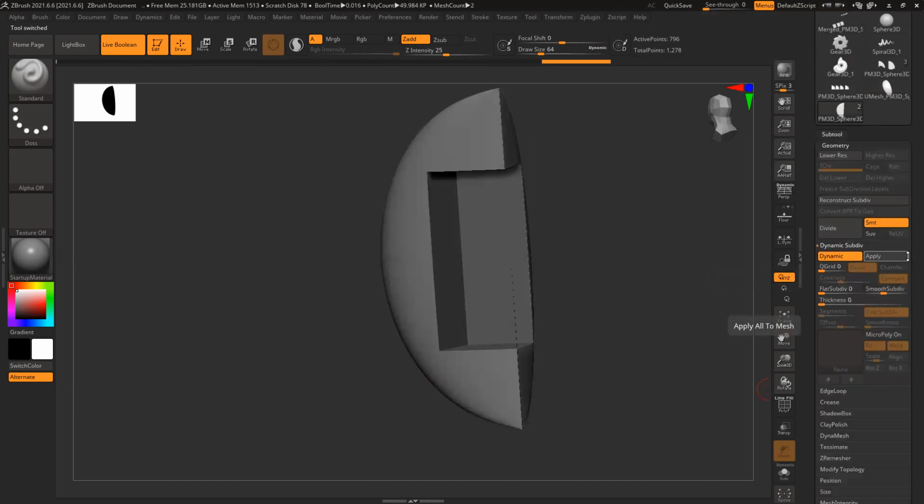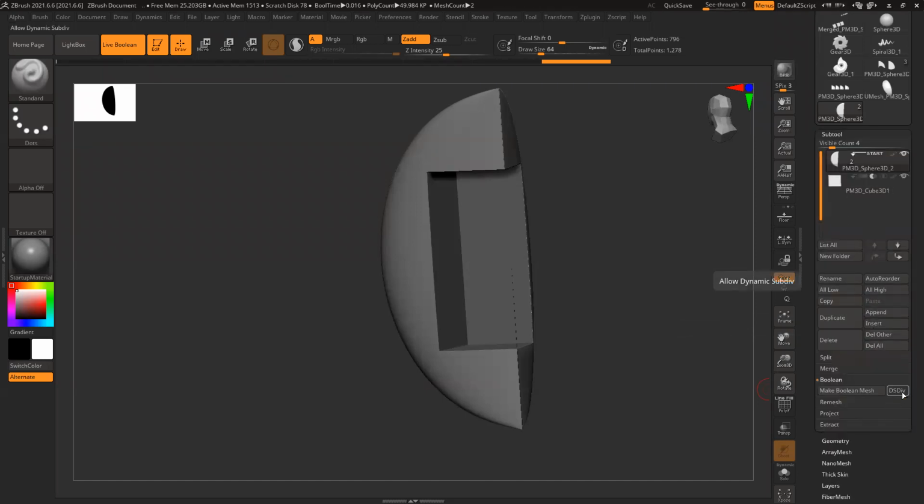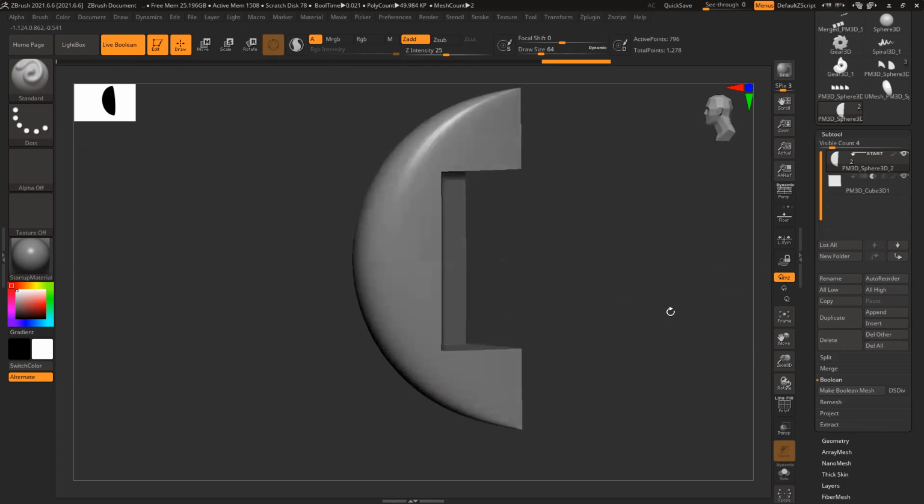It's applied, but why is it not working? That's strange. Okay, I'll check this. I don't know, due to some strange reason, it should work. It basically subdivides the model and creates this thing.